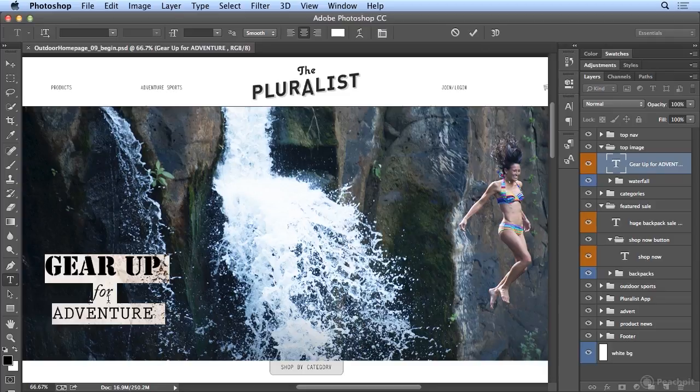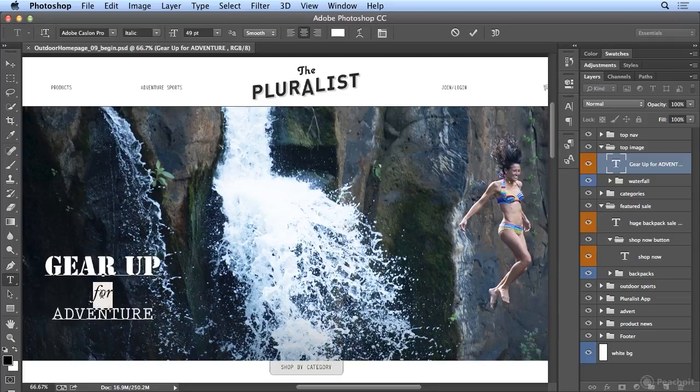type shortcuts. Option on the Mac and your up arrow is leading. On Windows, that's Alt, up arrow to tighten the leading or line spacing. Alt, down arrow makes it looser. So I'm liking the space between 4 and adventure, but not between gear up and 4. So I will double click on the word 4 and hit Alt, up arrow on Windows or Option, up arrow